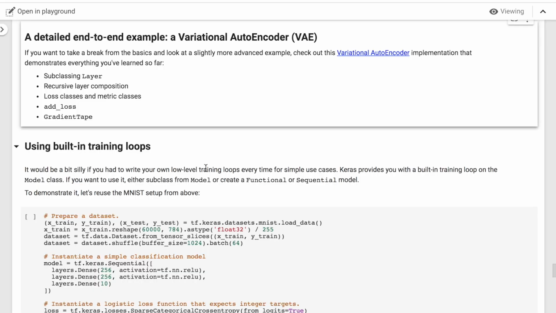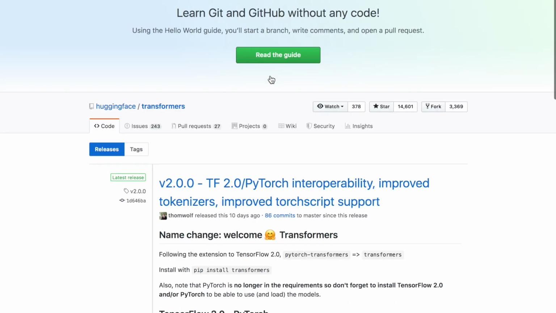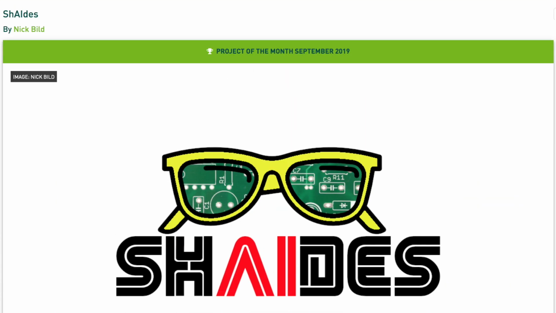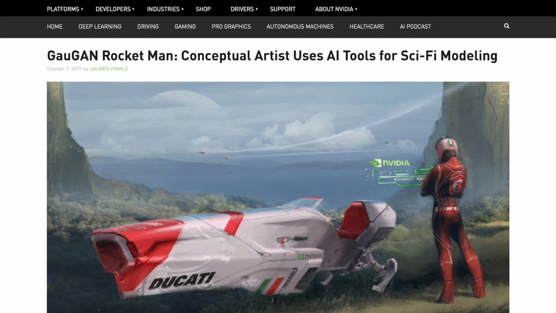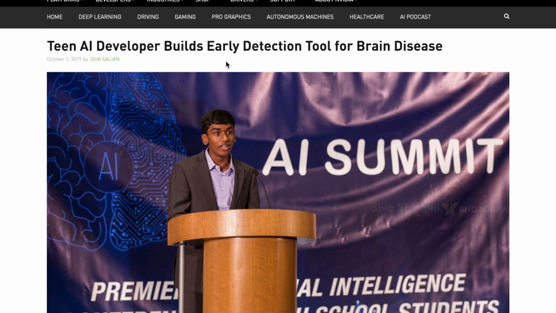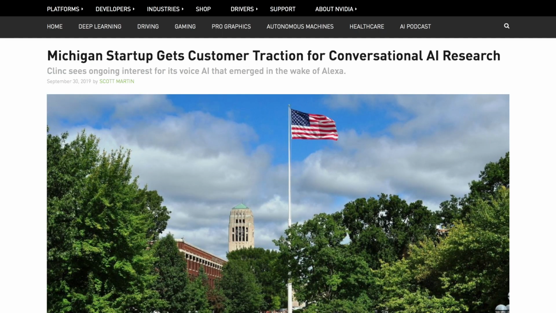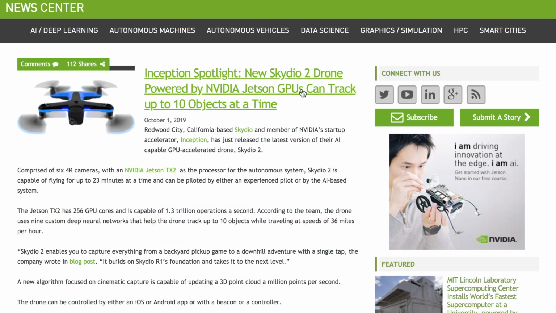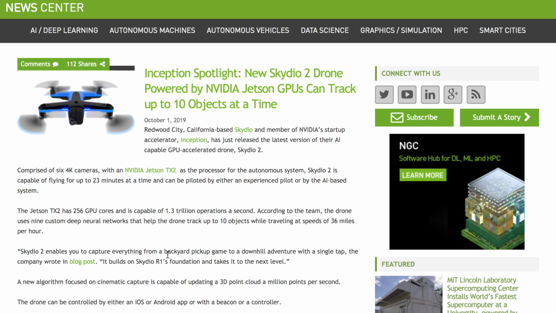notebook to help you get started with TensorFlow 2.0, and the tighter Keras integration, the extension of the PyTorch transformers from HuggingFace into being able to be used in TensorFlow 2.0, things from NVIDIA like the Jetson Project of the Month for September, the GauGAN used to facilitate artistic applications, using generative adversarial networks to augment datasets for brain disease detection, using conversational AI startups and building platforms to help you build voice-assisted applications, integration of things like the Drive AGX software stack from NVIDIA, and the Skydio 2 drone, and the new capability of being able to detect 10 objects at a time using this Jetson